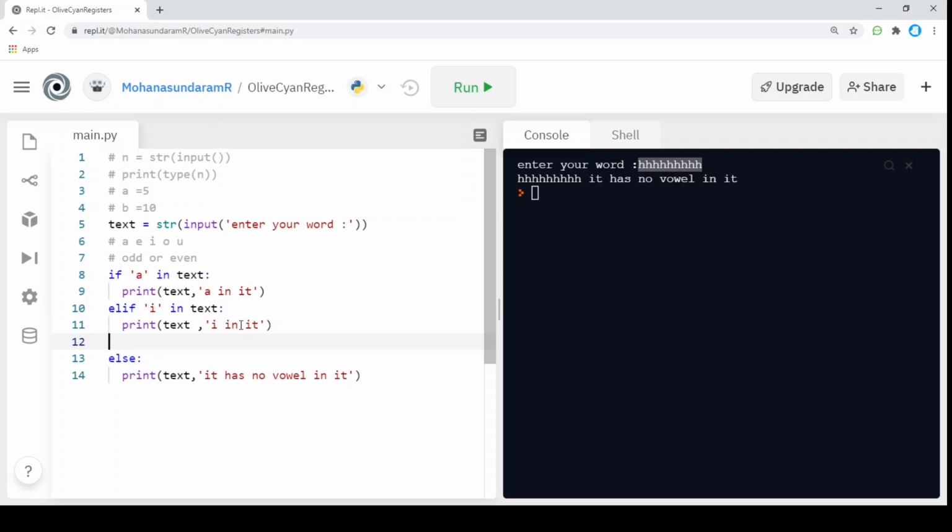I'm going to pass multiple conditions to it, multiple if and elif.